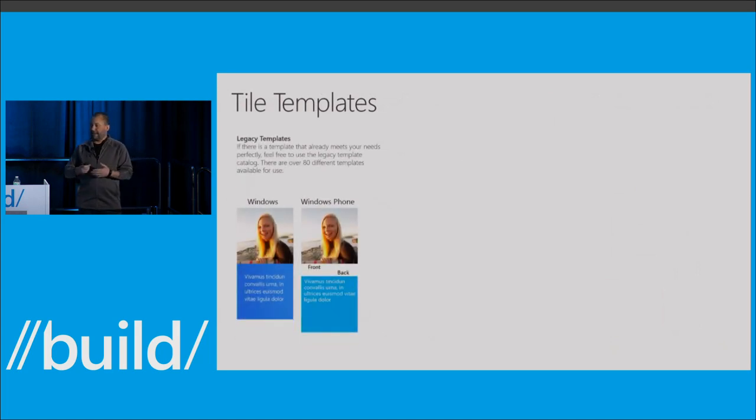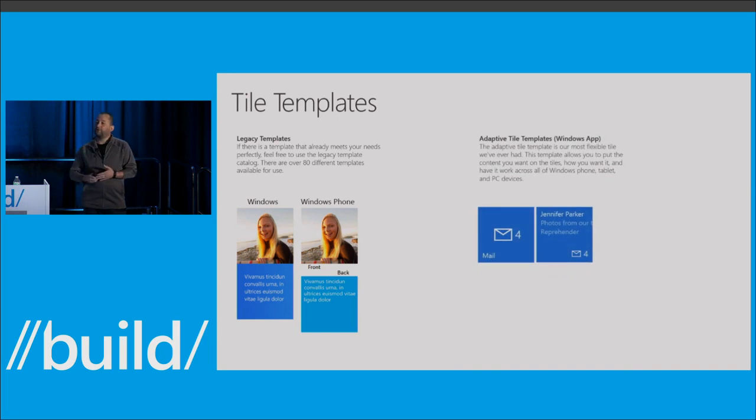So with that, let's talk about the tiles and the templates that you can use as a developer yourself. Like I said, there is a legacy template catalog out there today. There's 80-plus templates out there. We did get the feedback that the templates are okay, but we don't really just want more templates. So that's where we addressed most of our work, was not just enhancing additional templates. But I just wanted to let you know that all the legacy templates are just going to continue to work. There's nothing that's stopping those templates from working. They actually look even better. They've been given some visual UI refreshes as well whenever they are shown on Windows 10. So you can keep using all that stuff if you're already using it today. You don't actually have to change.